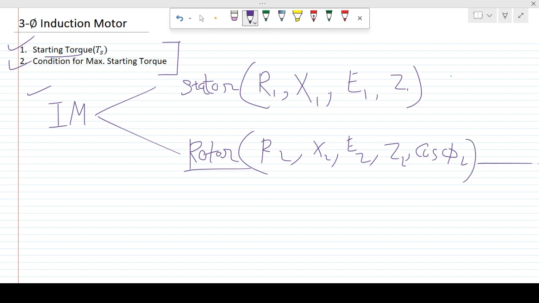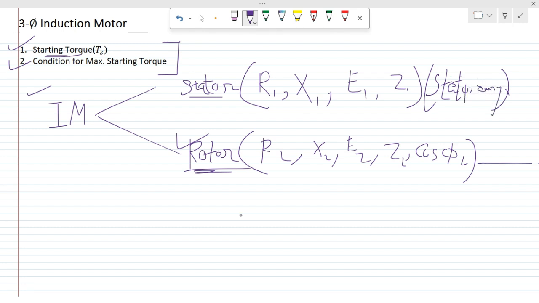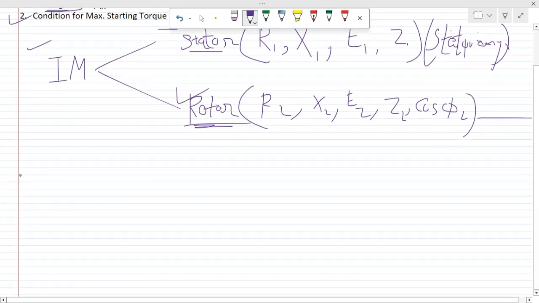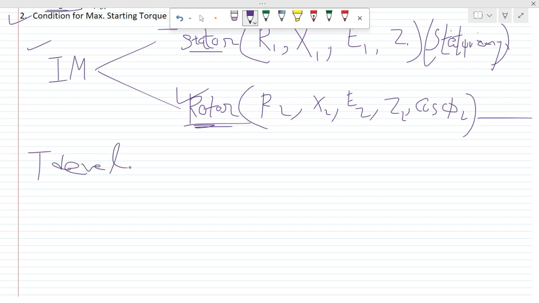We are going to find the starting torque of the rotor, because the stator is the stationary part. It is not rotating, so it has no starting torque. So, the rotor torque: the torque developed by the rotor